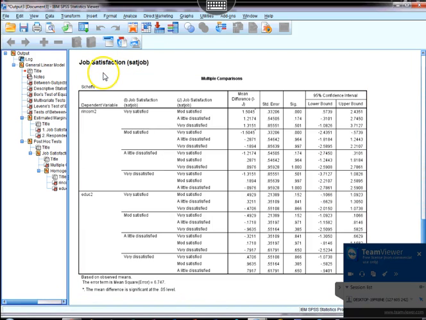And if we scroll to the post hoc tests, the multiple comparisons, we'll be able to see exactly which levels of the variable are affecting the dependent variable. So for example, those who are very satisfied with their job, that does have an effect on income. Those who are moderately satisfied, it has an effect. But then if we look at a little dissatisfied or very dissatisfied, that is not significant. There you have it. So if we look at education, we can also make similar examinations, and that helps our